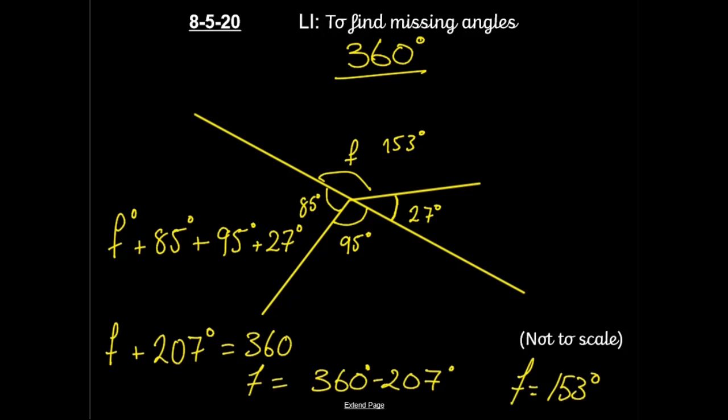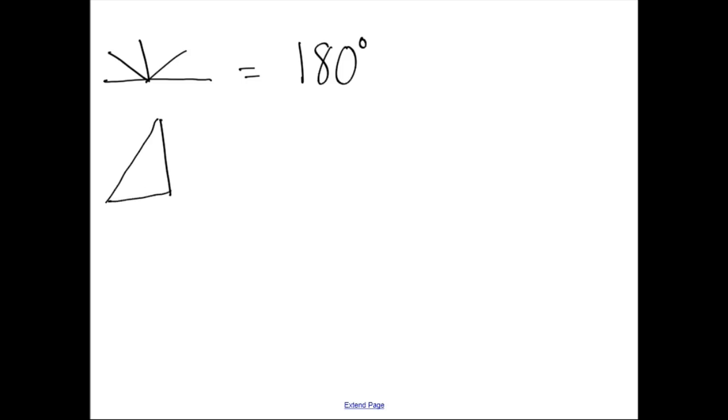Good. So to recap there, any angles on a straight line, if I add both of those two up, or maybe there's even 3 or 4, they will always equal 180 degrees in total. If I have got a triangle, the inside sum of all three angles will also equal 180 degrees. If I have got a point around a circle, around a point, all of these, whether there are 4 of them, there could also be,